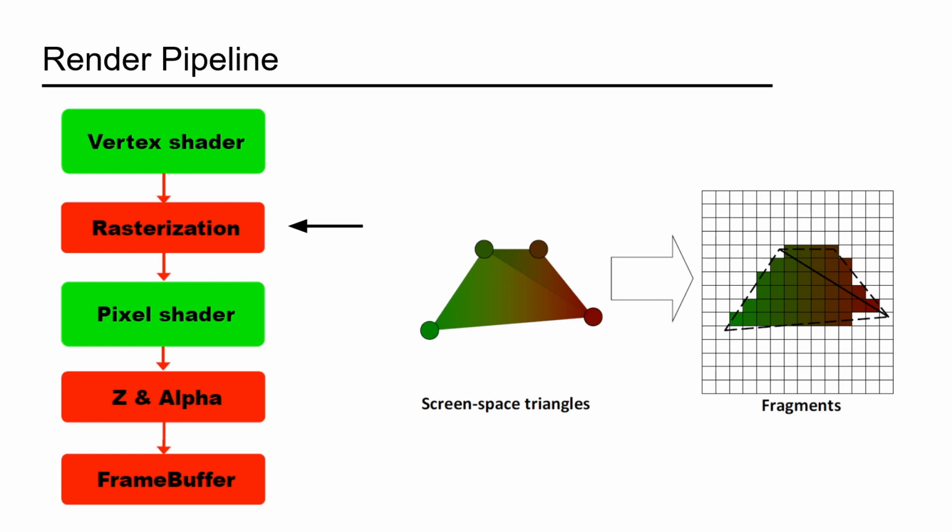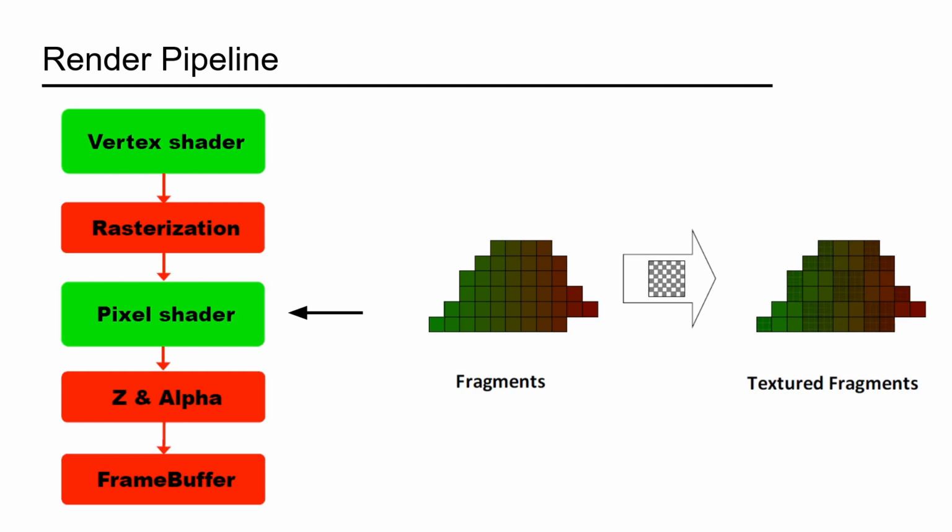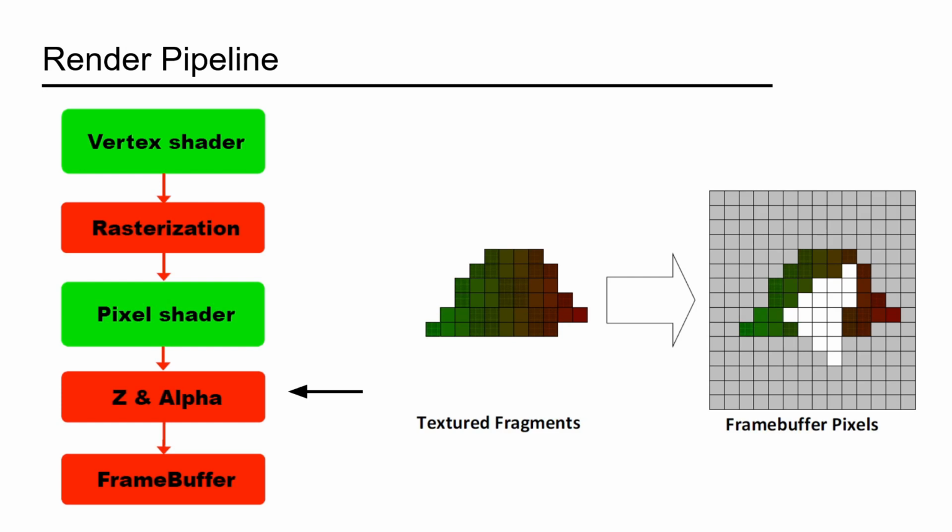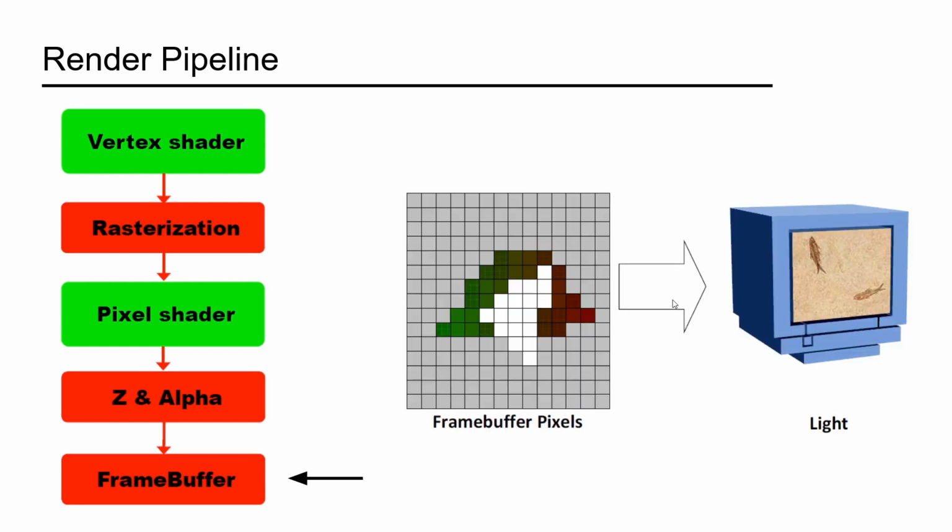with some extra information. The pixel shader, also known as the fragment shader, manipulates the rasterized fragments. In this case, an image is being applied to the fragments to give them more detail. The Z and alpha phase manages the transparency of fragments and makes sure that the fragments overlap each other in the correct manner. After this, the resulting fragments are written to a buffer, which is then sent to your display to be